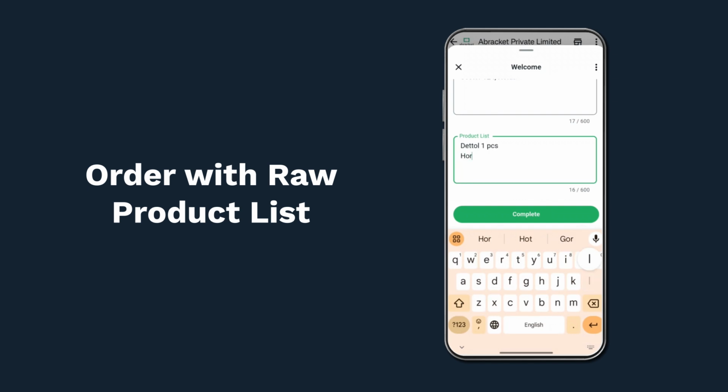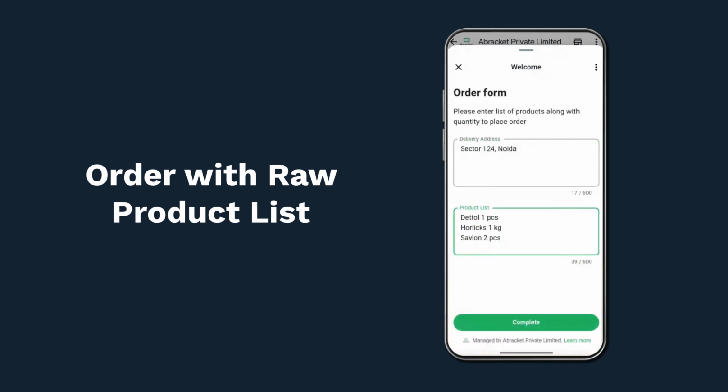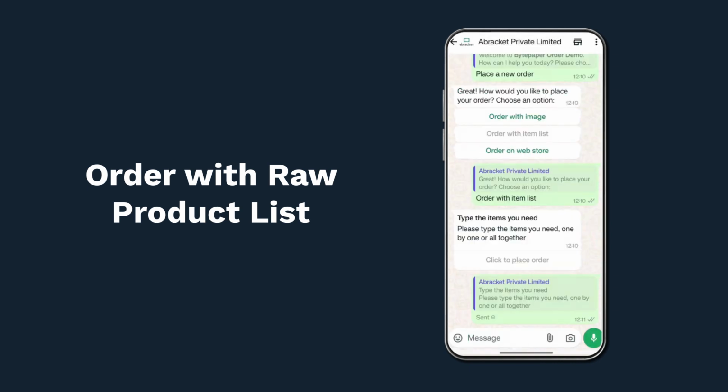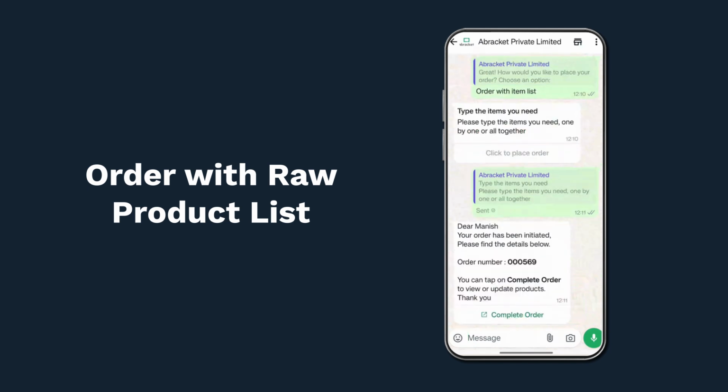Then I am ordering Horlicks 1 kg, and then Savlon 2 pieces. So I can add a list of product items that I want to order and then click on complete. Now once I click on complete, again this response will be forwarded to Bytepaper software, where the software will process this order in the backend, and automatically an order will be generated and you will receive a WhatsApp message with your order number